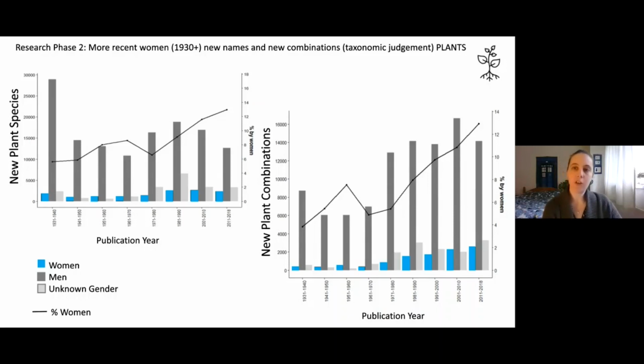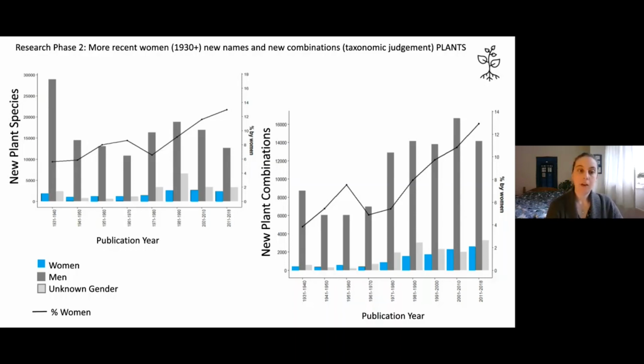But this was the second bit of work, and we came up with some more graphs quite similar to the first ones. This is information from plants, and we were only looking at the recent past because we wanted to uncover more recent role models, and we thought if we looked at the whole set of data, that wasn't necessarily going to be relevant because there were so few women in the early days. So looking at the 1930s onward allowed us to find more women,